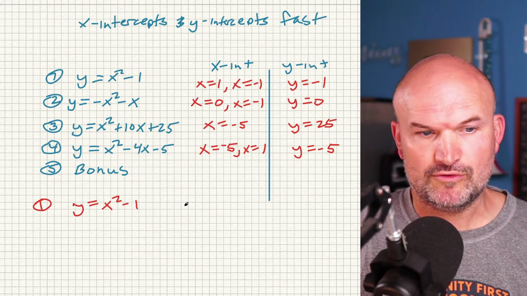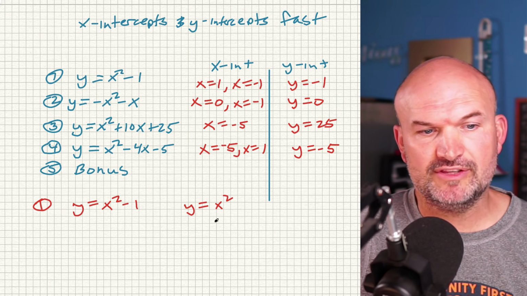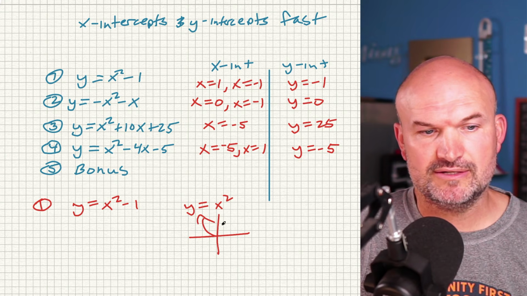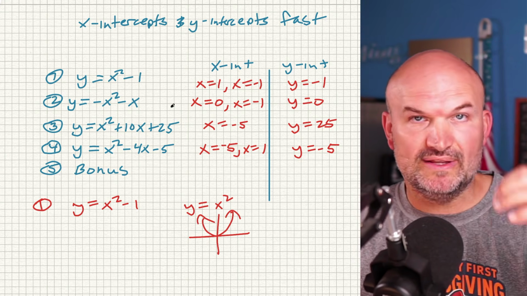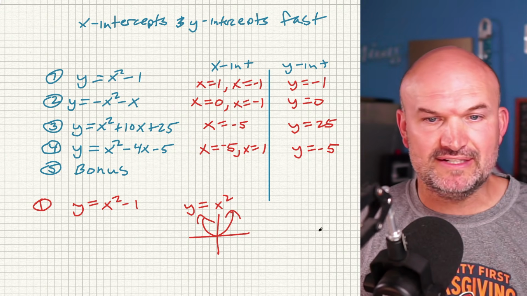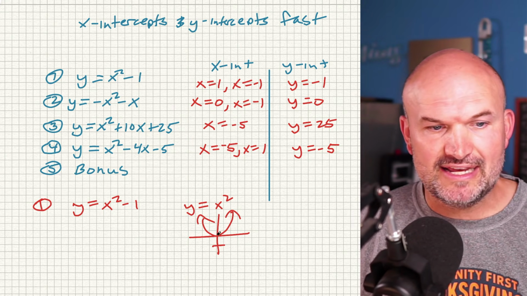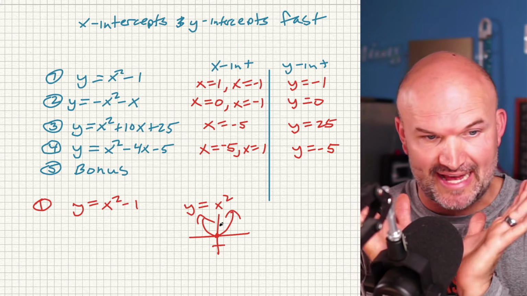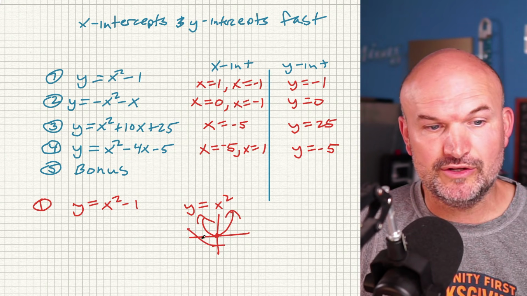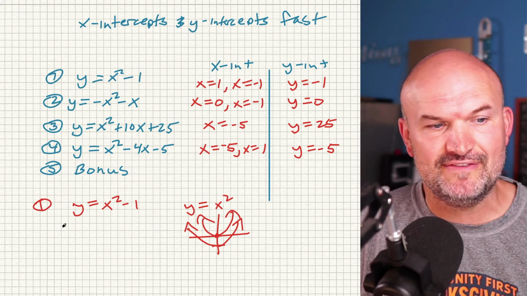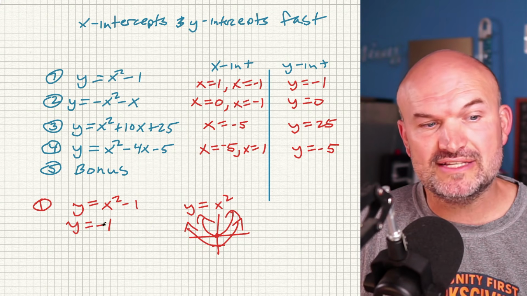Now, when I'm talking about our vertex form, if we just look at the parent graph of the quadratic equation, it looks something like this, right? Now, when we have a -1, what that's doing is shifting the graph down 1 unit. So now you can see the vertex, which was at 0, 0, is now shifted down 1 unit. So that's a quick way to identify my new y-intercept,